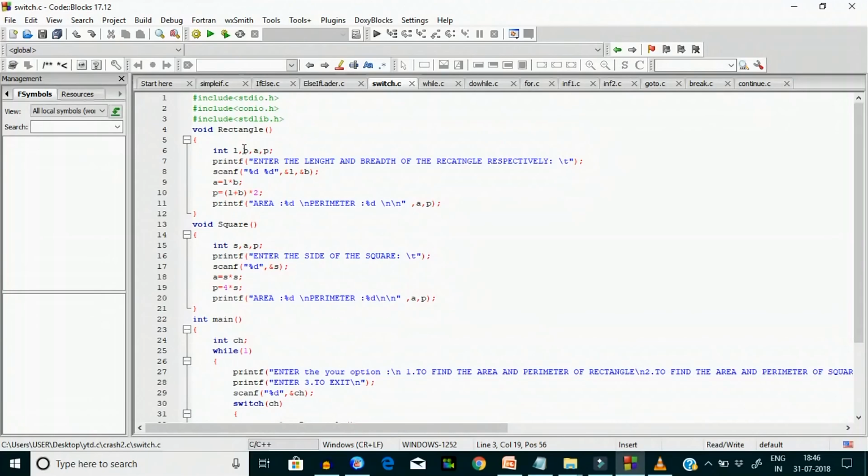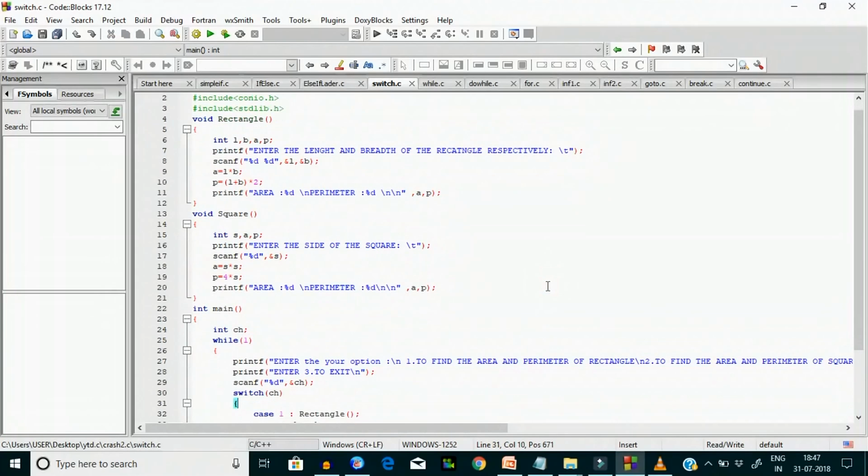Here you can see I have taken L stand for length, B for width, A for area and P for perimeter. Then I have taken the formula for the rectangle. Area is equal to length into breadth, perimeter is equal to L plus B multiplied by 2, and here the print area. Same as for square, I have taken the area and perimeter for square. Then inside main function I have taken